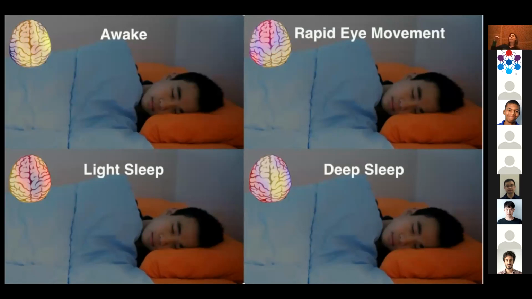So for example, in depression, one of the things that tend to happen is that REM stage can happen early on in the sleep, much earlier than otherwise. And deep sleep and the slow waves during deep sleep have been shown in the literature to be correlated with Alzheimer's. So now if you want to get these sleep stages, you send your patient to a